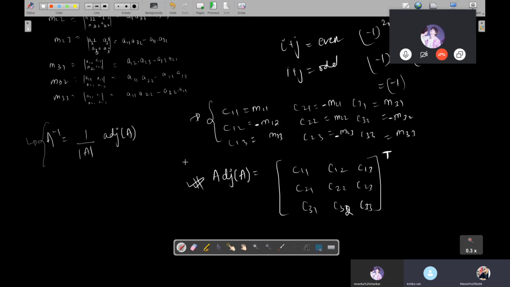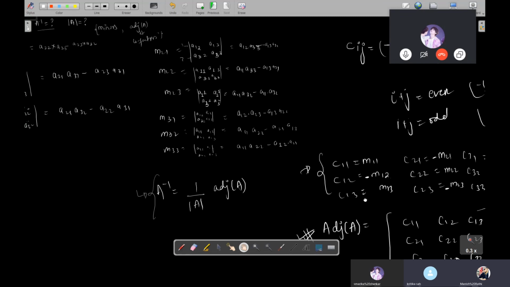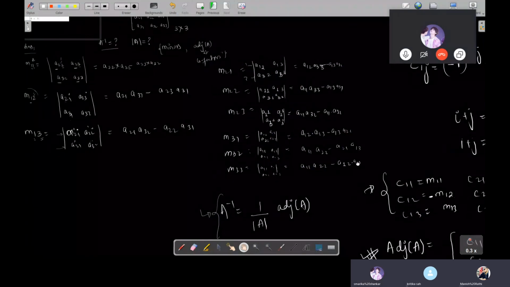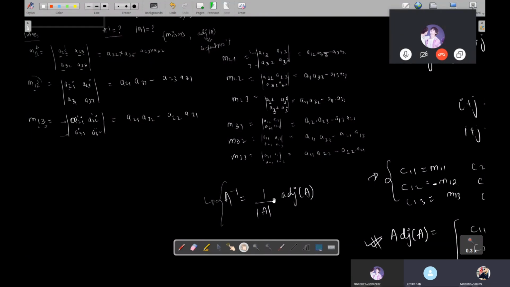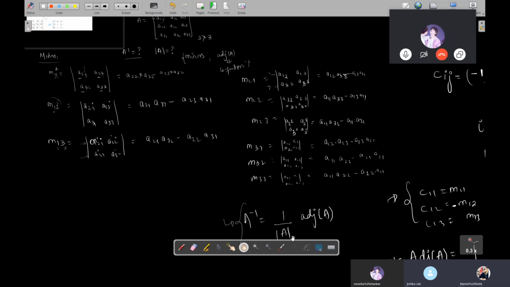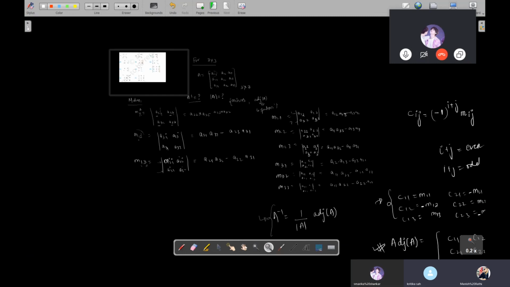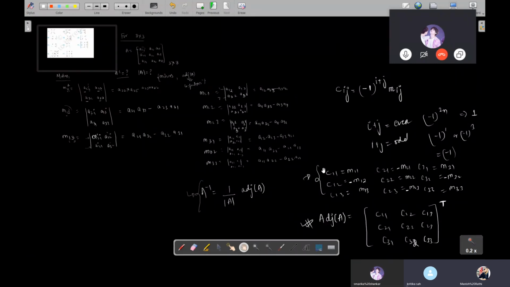We have talked about everything, but we didn't talk about how to find determinant of A for 3 cross 3. Now, if you need to find determinant of A, till here I think it's clear to you all how I have found minors and how I have found cofactors. Yes, sir. Yes. Now, let me deal with how to find determinant of A.